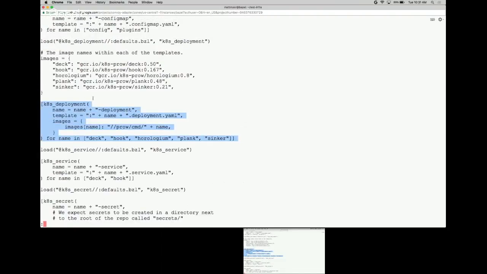We also have this images attribute, which is using this dictionary up here, to say, hey, in the hook.deployment.yaml template, the image reference is something like gcr.io, k8s-prow, hook, and then a tag. And we point that at prow cmd hook. OK, so